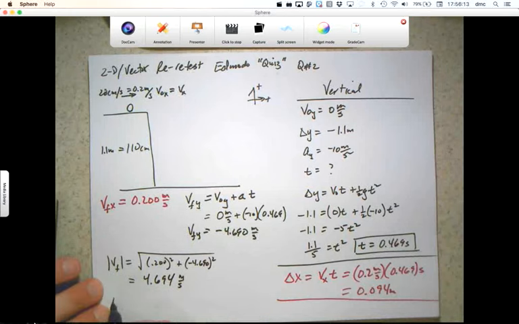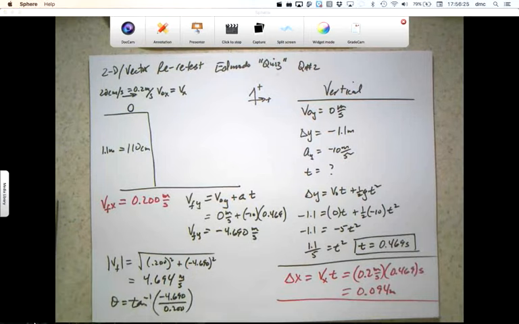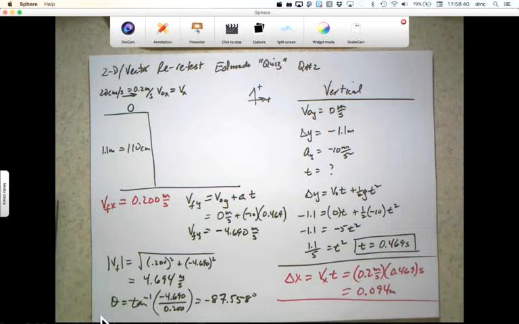And the angle is the inverse tangent of the y component, negative 4.690, divided by the x component of 0.200. So the inverse tangent of negative 4.690 divided by 0.2000 is negative 87.558 degrees, and that would be that many degrees below the horizontal. So the actual answer to the final, since they give us below the horizontal, we ignore that negative, and that's number